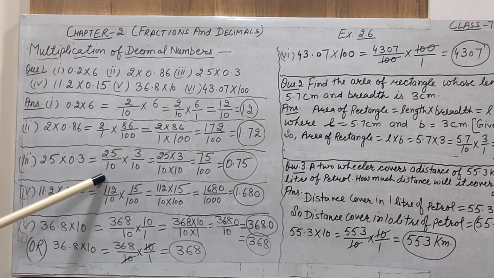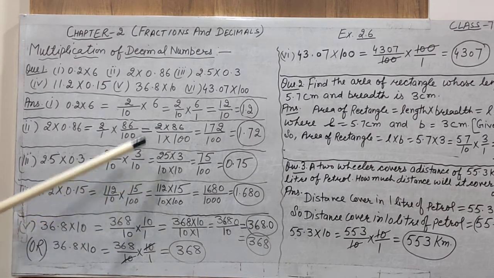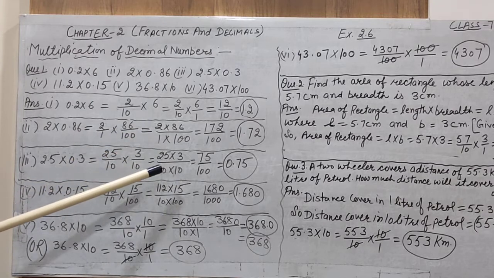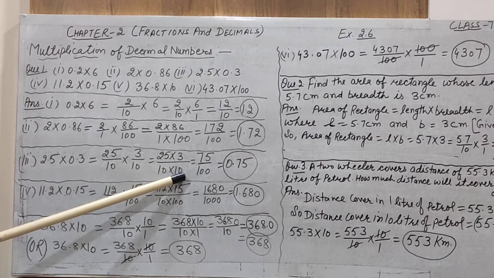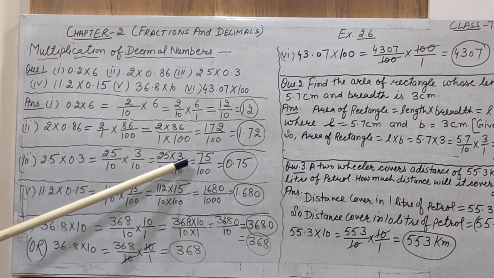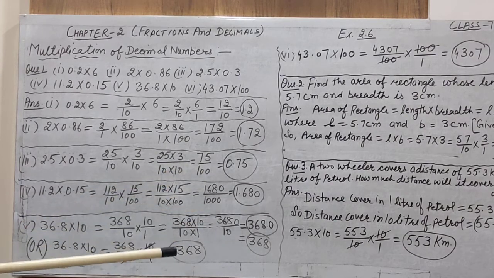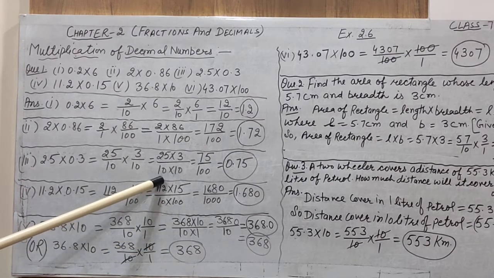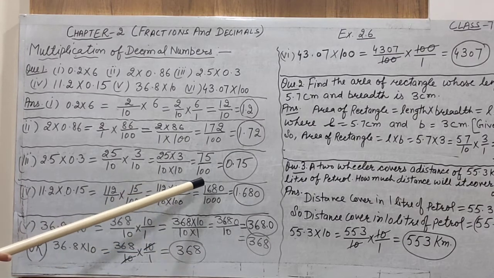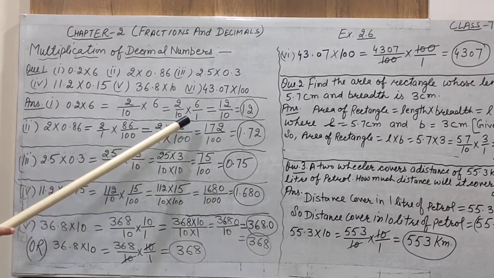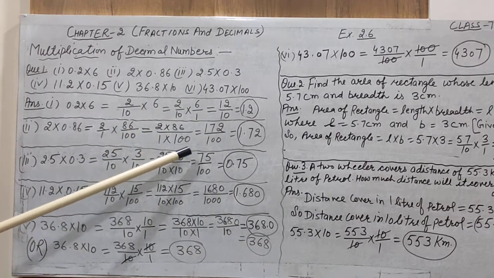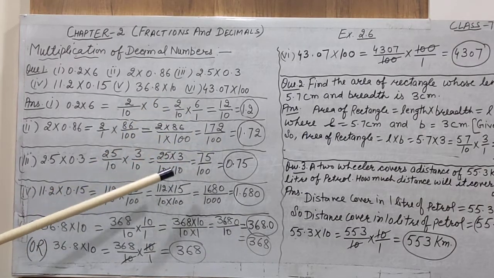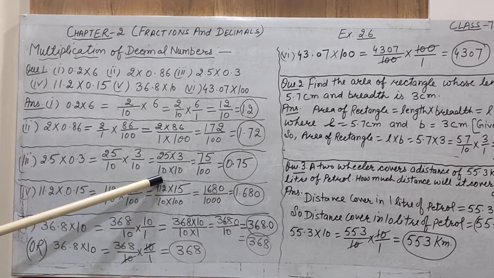Now, two fractional numbers are there. We have to multiply these two fractional numbers similarly as we have done in the previous questions. The numerator is multiplied with the numerator and the denominator with the denominator. 25 multiplied with 3 we get 75. And when 10 is multiplied with 10, what do we get? We get 100. In the earlier two questions, the denominators were 10 multiplied with 1, we get 10, the same number, and 1 multiplied with 100, 100, we get the same. But here the digits are changed for the answer.